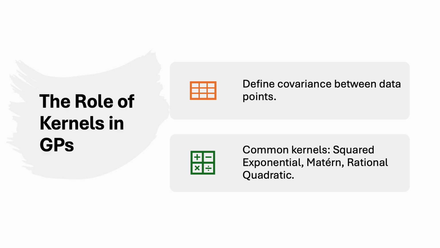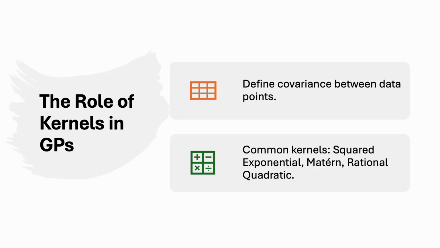So by integrating kernels into their GP models, the hospital transforms its predictive system into a precise, adaptive, and actionable tool. Clinicians gain deeper insights into patient risks, enabling them to design personalized care plans that address the root causes of deterioration. The result is better patient outcomes, reduced hospital readmissions, and more efficient use of healthcare resources. The hospital can proactively allocate interventions such as additional monitoring, medication adjustments, or specialist consultations where they are most needed.